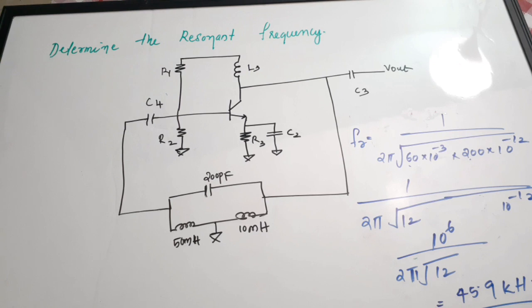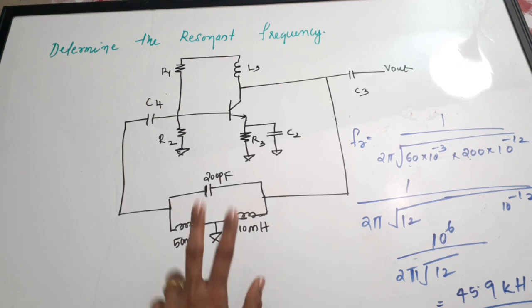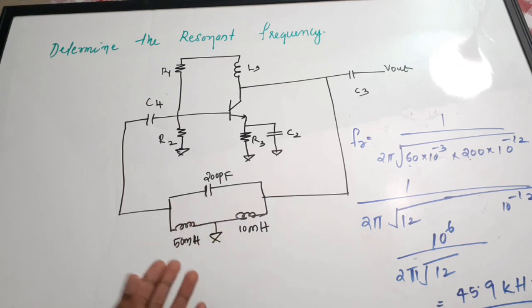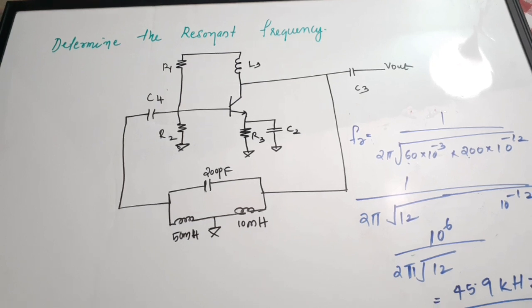Okay. So this is actually a very simple question. You only need to identify the type of oscillator given. From the circuit, you should be identifying what type of oscillator it is. It is a Hartley oscillator. So you have to apply the equation for finding the resonant frequency of the Hartley oscillator. All the values are given in the figure. So you can directly from the figure take the values and find the resonant frequency. It is 45.9 kilohertz.